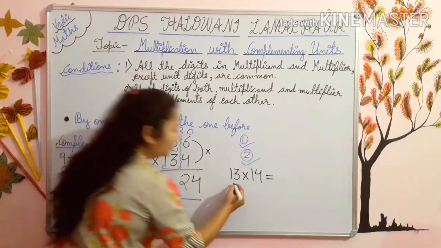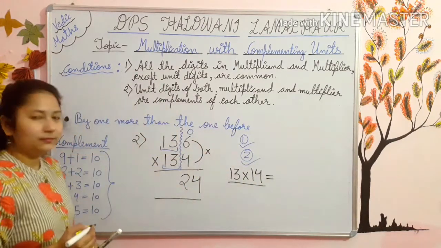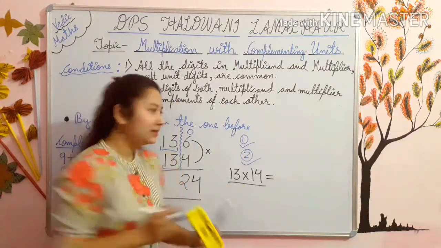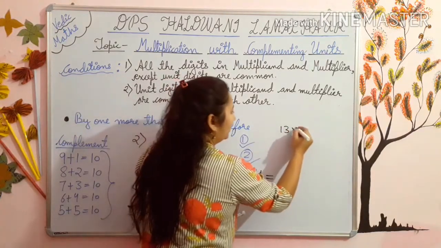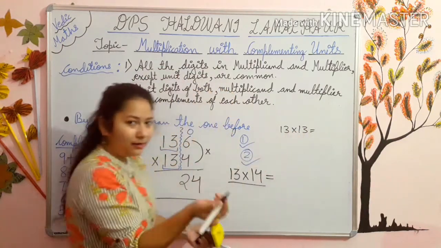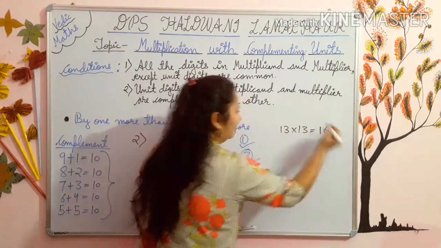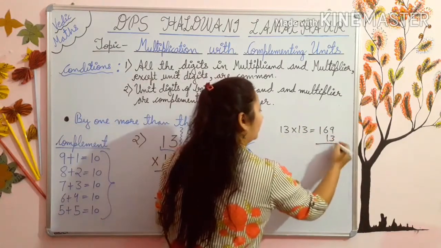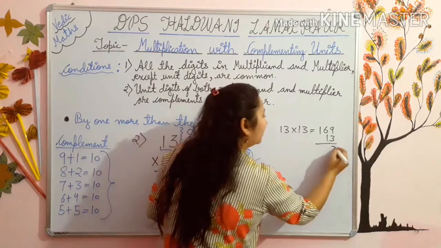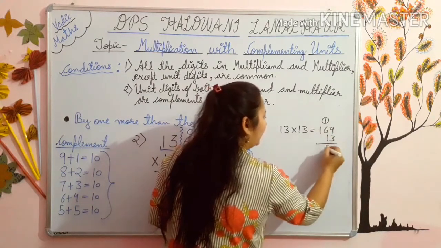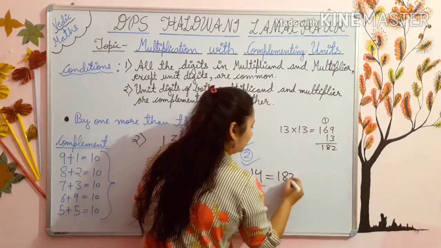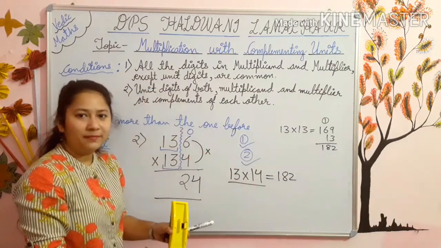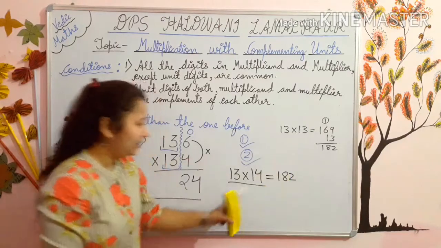Now students, you have to multiply these both. Now I will tell you a quick trick of multiplying this also. See, you know what is 13 into 13, means 13 square. It is 169. So I add just one more 13 in it. 9 plus 3, 12. 6, 7, 8 and 1. It is 182. See, you can do this orally also. How easily I have multiplied 13 into 14.